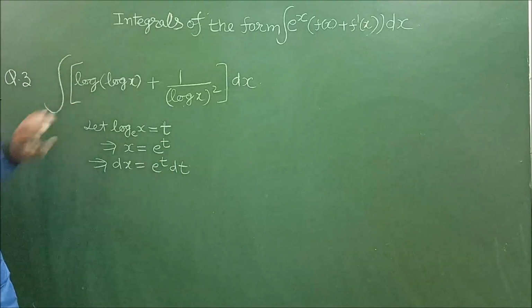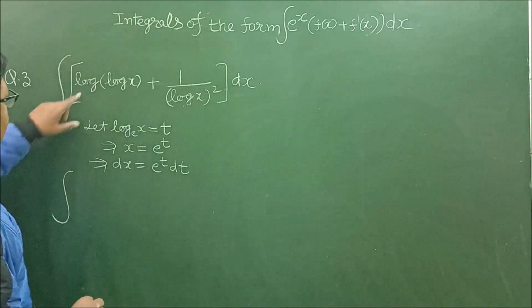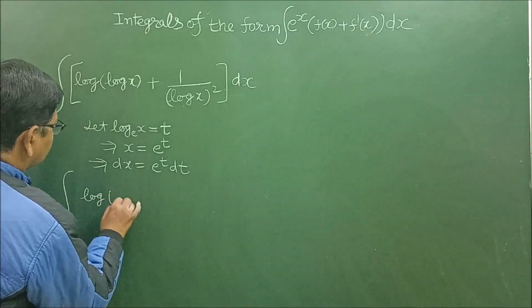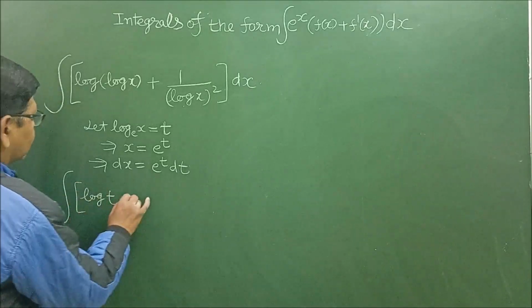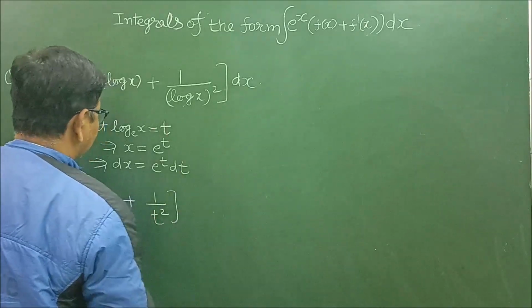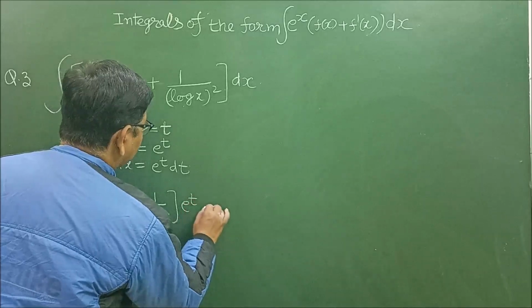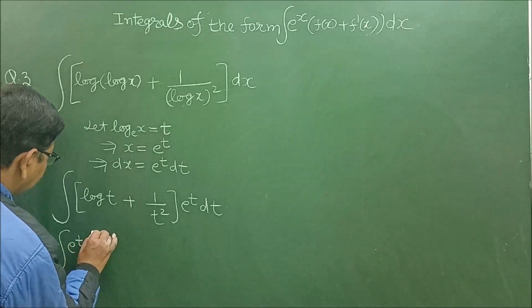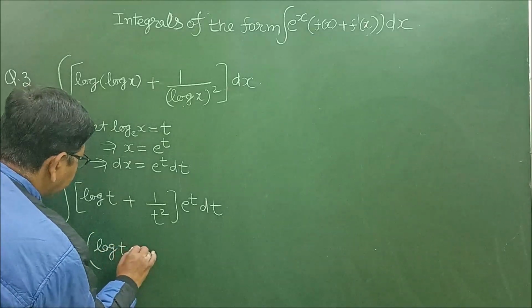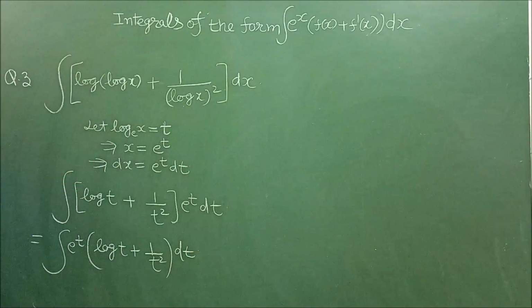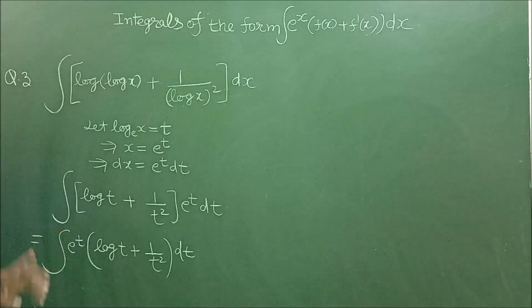Now in this integral, let us change the variables. Log x is t, so this is (log t plus 1) upon t square, and this dx is equal to e raised to the power t dt. So we can rearrange this integral as integral of e raised to the power t, and here we have (log t plus 1 upon t square) dt. लेकिन हमें यहाँ पर इसका डेरिवेटिव नज़र नहीं आ रहा है, तो अब इसको हम थोड़ा सा एडजस्ट करेंगे,